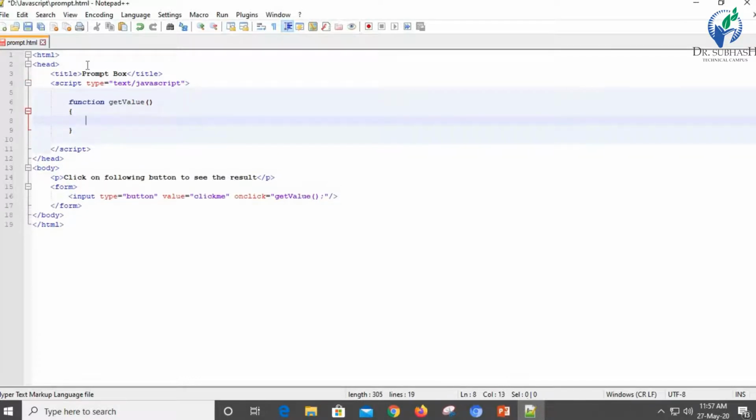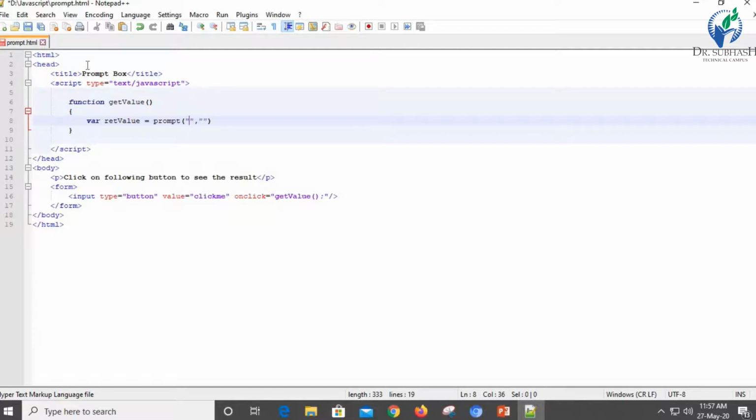Now inside this function I am going to create one variable retValue is equal to, now we are going to write the prompt keyword that we use to create the prompt dialog box. Inside that we have two arguments. First is the message that you want to display on your prompt dialog box.